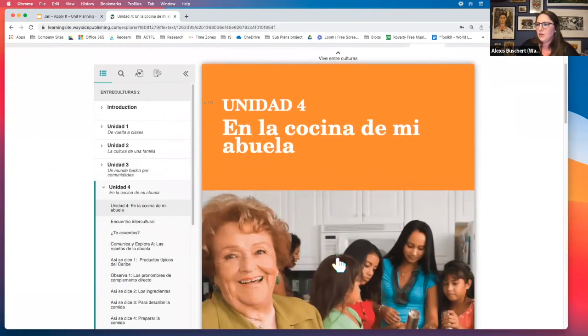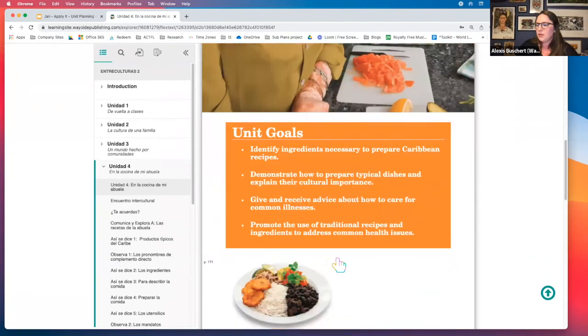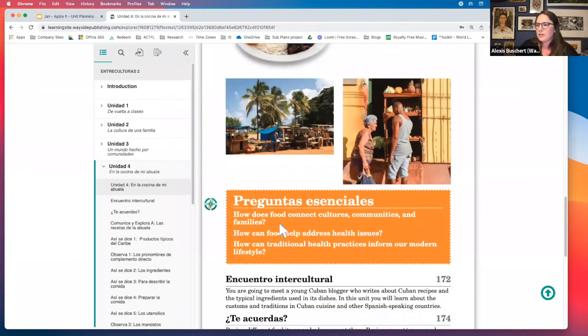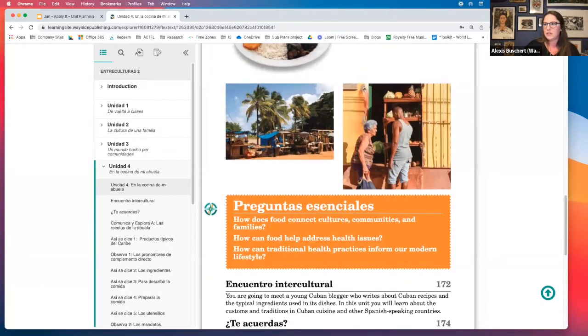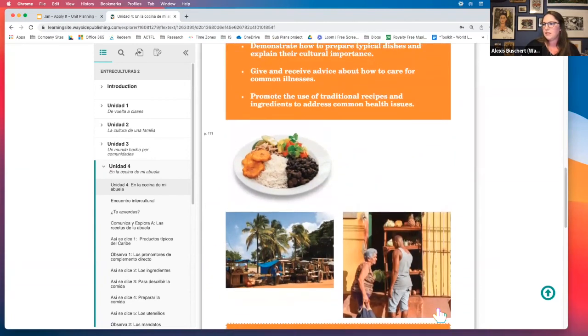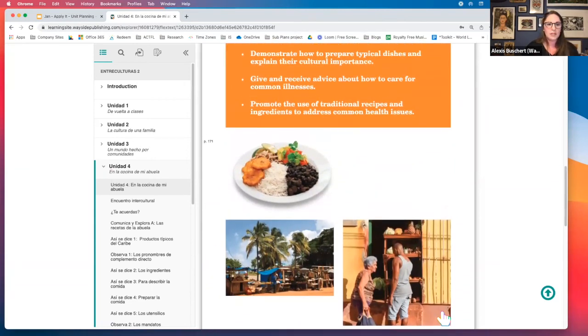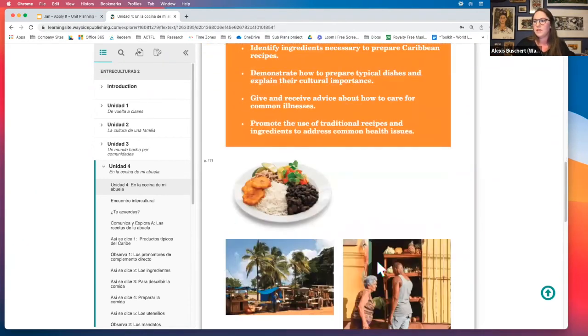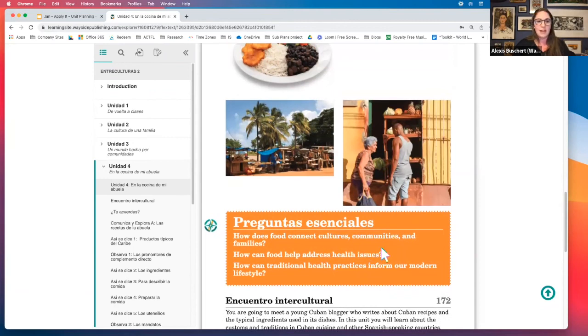Right here in the unit opener, they have those unit goals and preguntas esenciales, those essential questions right there. So I think it's a great idea when you go into a unit and you're just about to start, maybe do some type of activity with students where you're looking at these pictures and doing some kind of picture talk in the target language. And then you could dive into those unit goals and preguntas esenciales, do some kind of